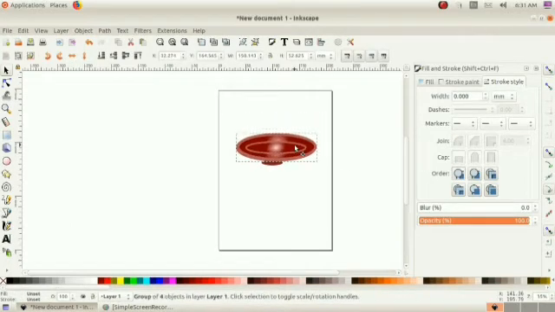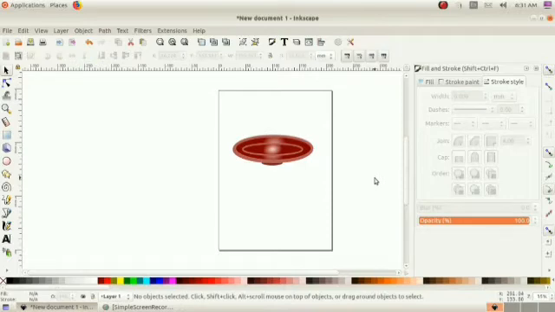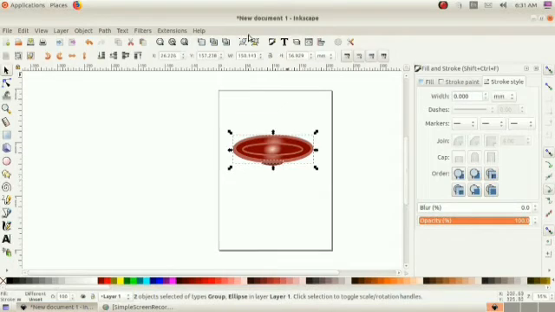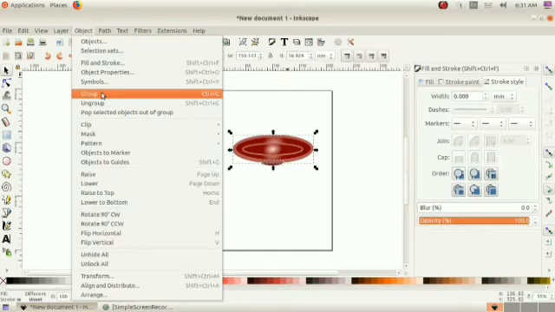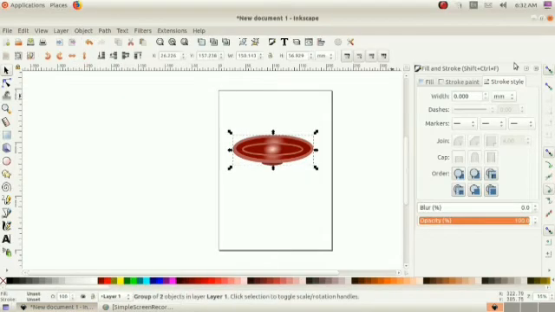Got it? Watch the video again and again, then you could understand. Select it together, and again I am selecting group, or Control G, object group or Control G you can use. Got the idea? Then drag the size.